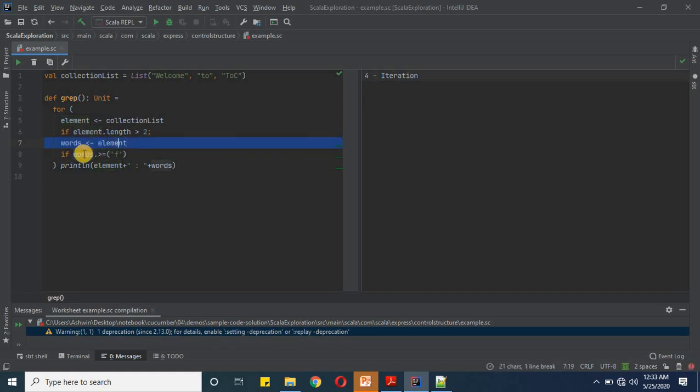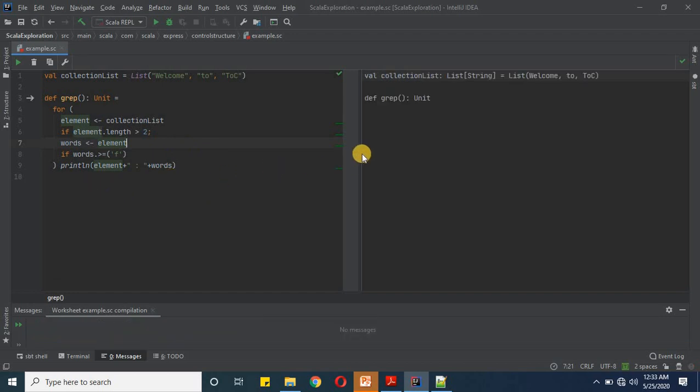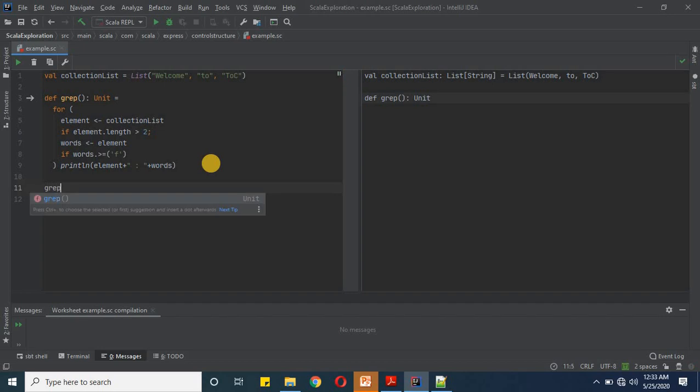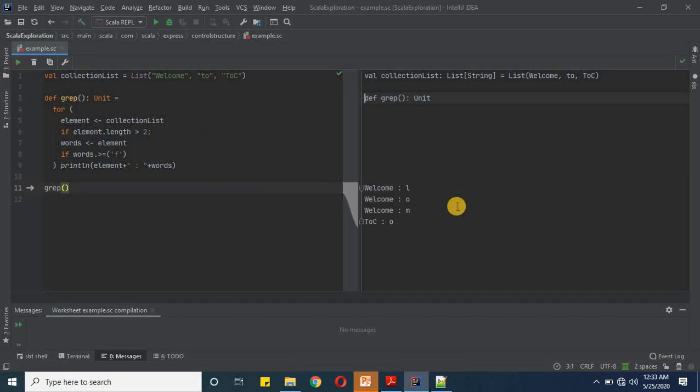After doing this iteration we are doing one filter condition here. So the f words which we are passing from this iterative loop should be greater than the f value. So now it has got all the alphabets which come after f. Now we will execute and see what value it can get us. Okay, since it is a function we need to call it, and this is how we will simply define the caller function. Now if you see the outcome here, it is giving us welcome L O M O. As per these conditions, this is the expected value.